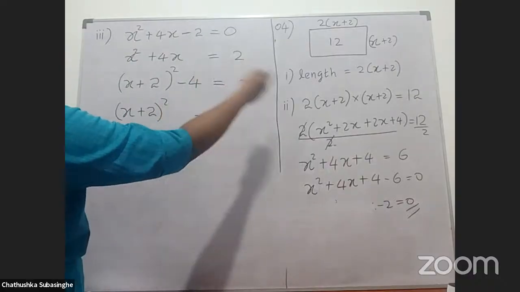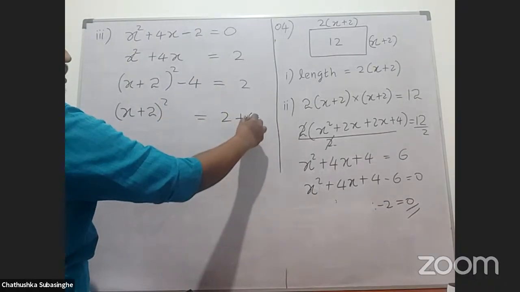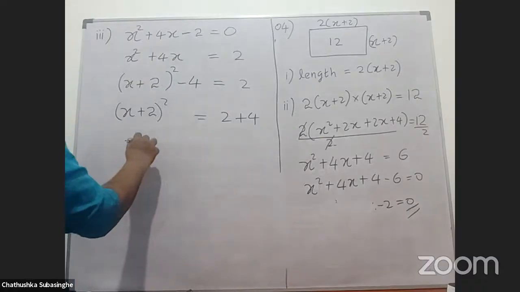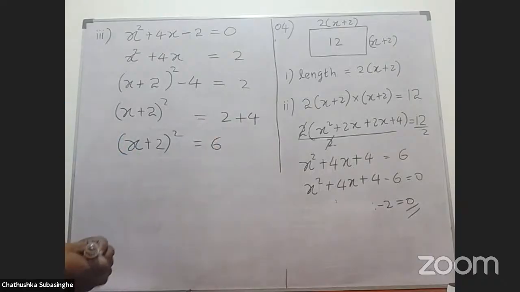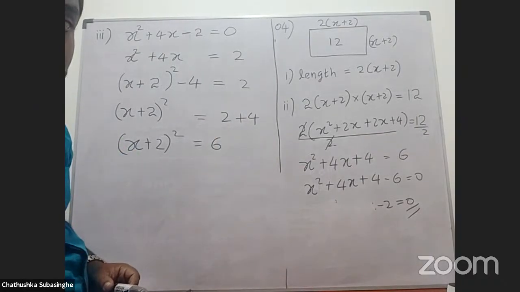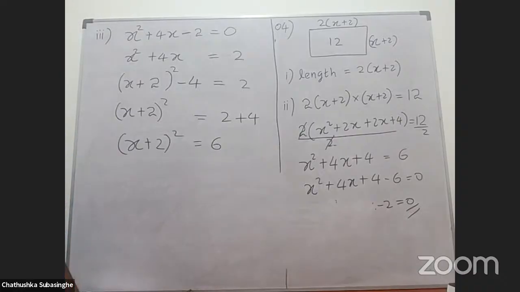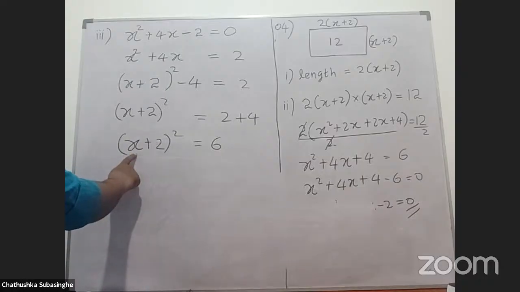Now in this step, we are sending minus 4 to the other side. It becomes plus 4. So we have x plus 2 squared equals 4 plus 2 is 6. If you have any doubt, you can raise it now. Anyone? Okay, no, that's a green line. Then let's move forward. Now after this, what I'm going to do is I have to find the value of